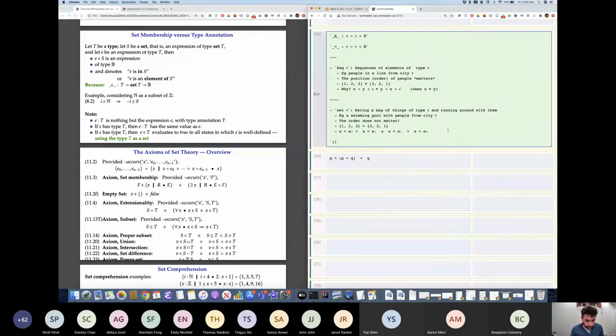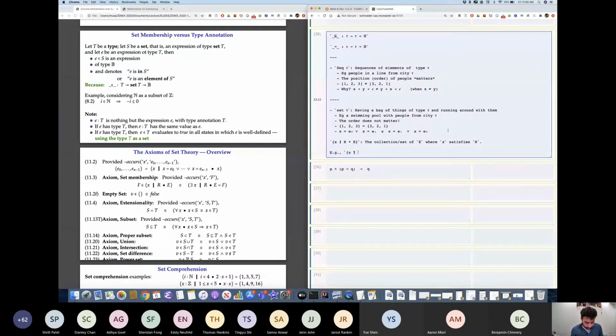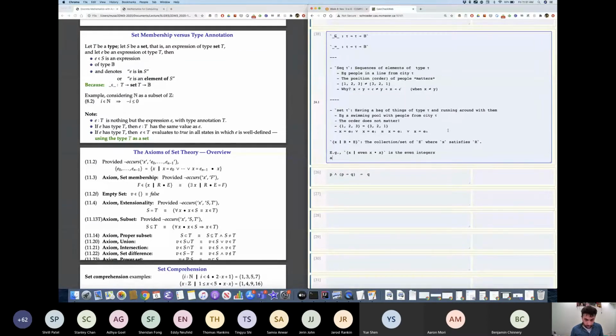So this notation, to be clear, x with R spot E, can be read as the collection, or set, of E where x satisfies R. Okay, so for example, x with even x is the even integers, and x with 0 is less than or equal to x spot to c dot x is the even